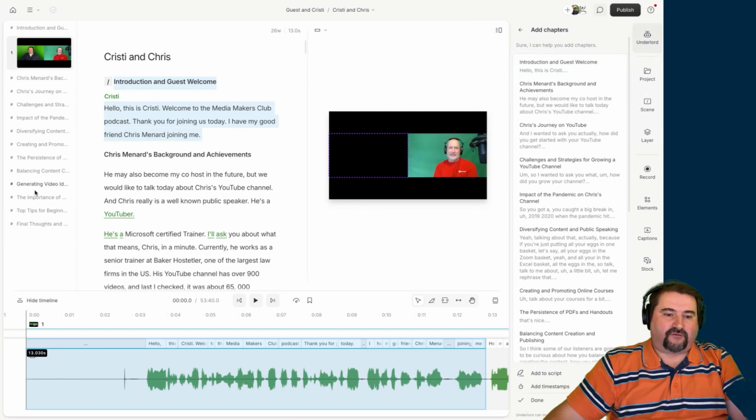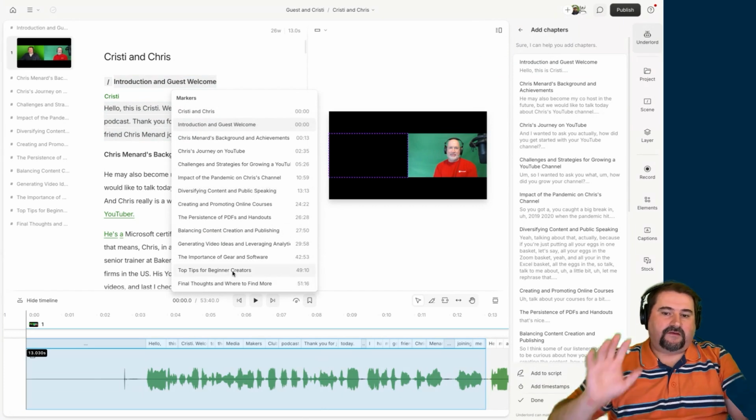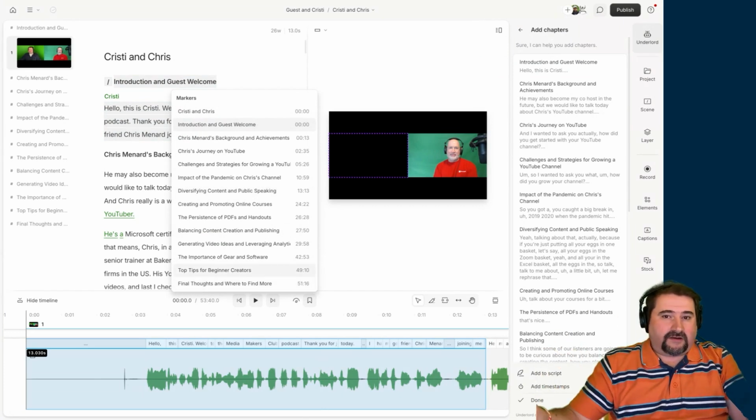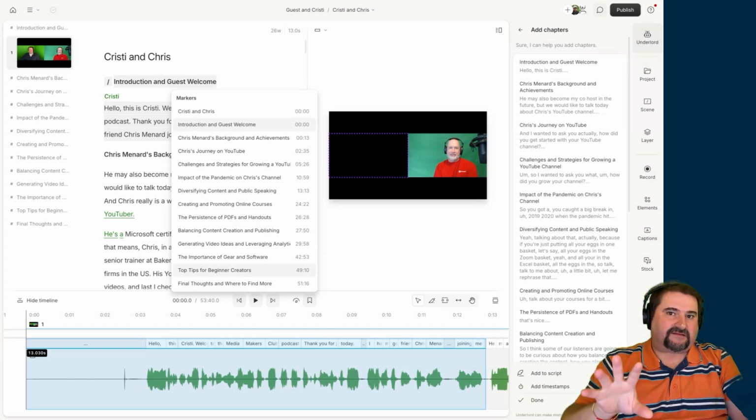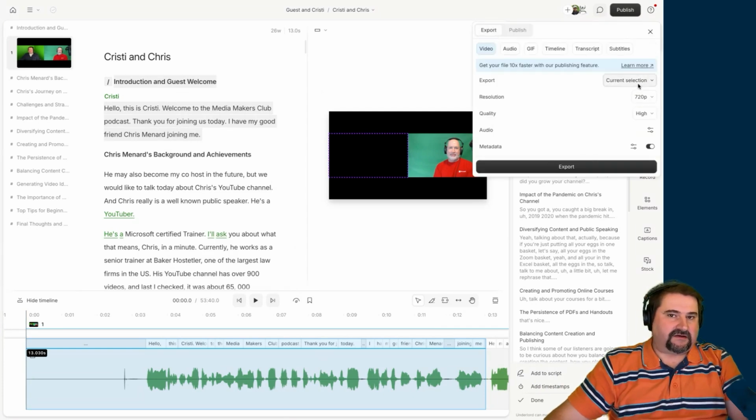I have like 14 chapters in here. You can also see them from this chapter marker selector right there. So in 1 or 2 clicks, I can actually export all of these as separate files. Watch this. You go to publish, you go to export, and in here, instead of current selection, you just say